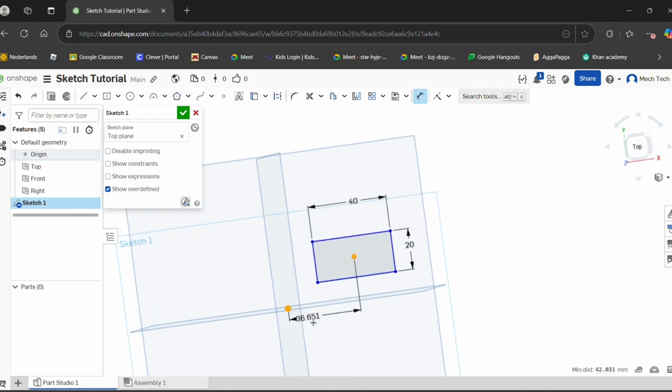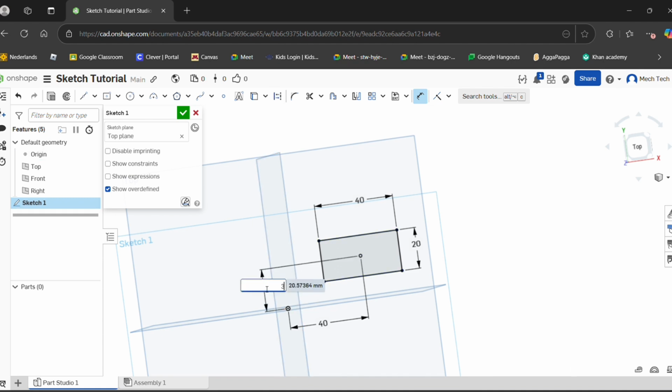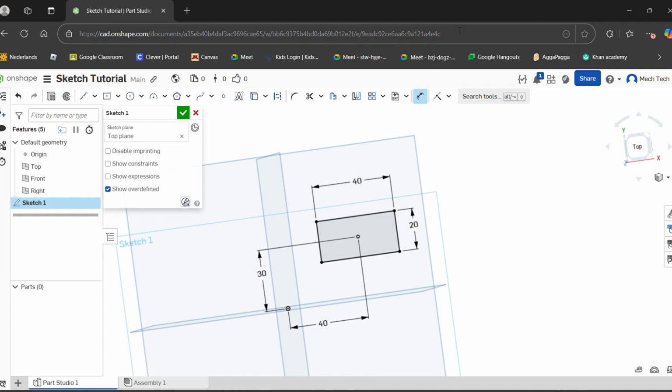So we can define it to the origin, like, let's just say 40 millimeters across and 30 millimeters up and down. Alright, so